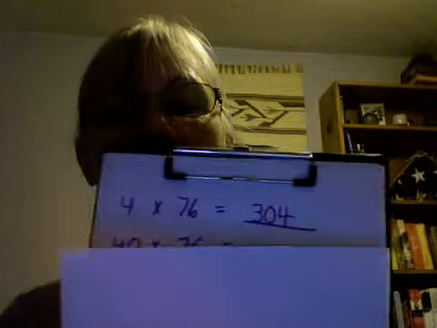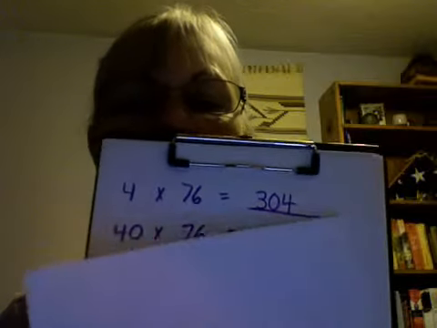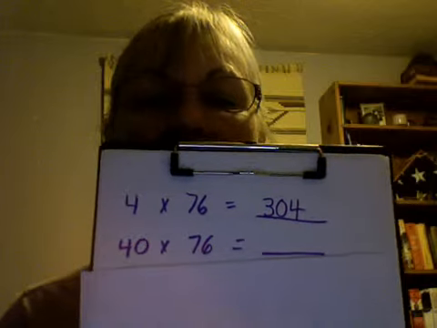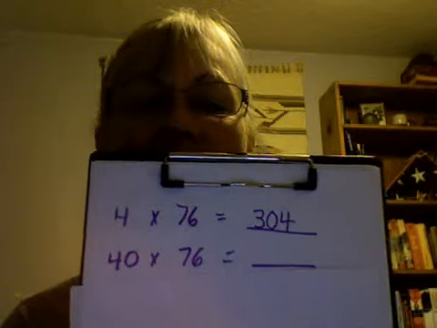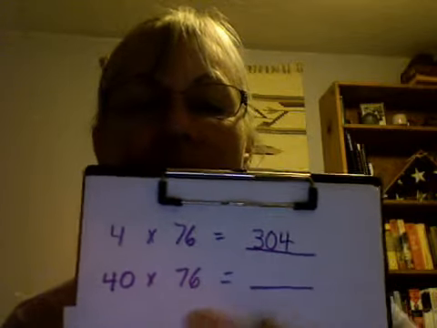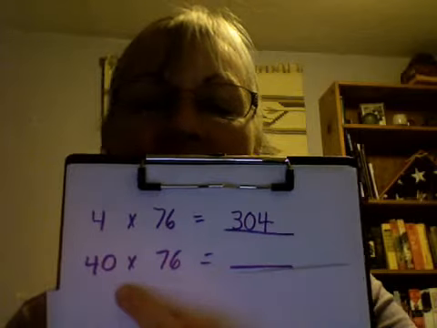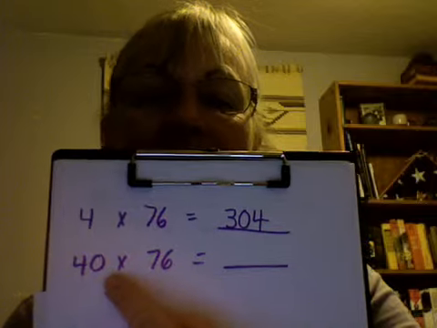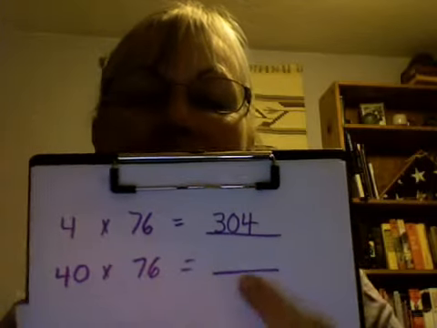When we move to the left on the place value chart and say 40 groups of 76, we know that the 304 will still work out if we just imagine that it's 4, although now we're talking about that many tens. So now we have 304 tens,